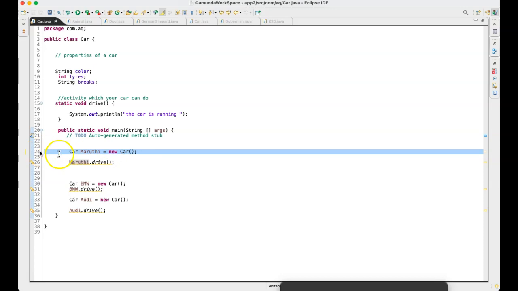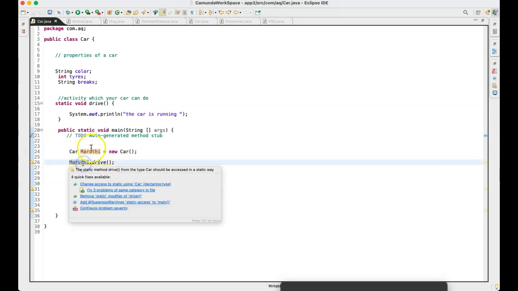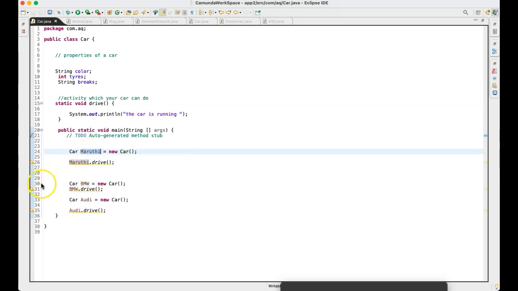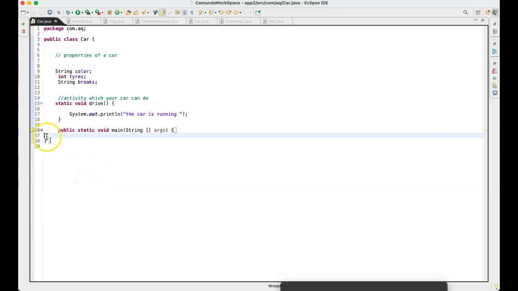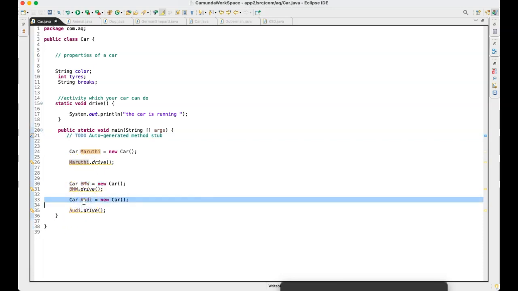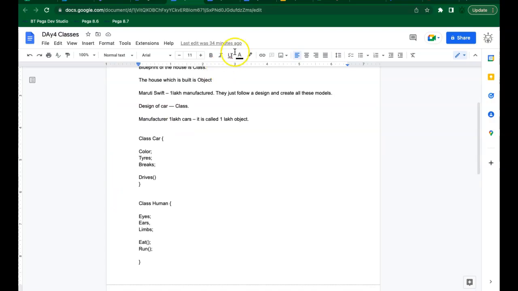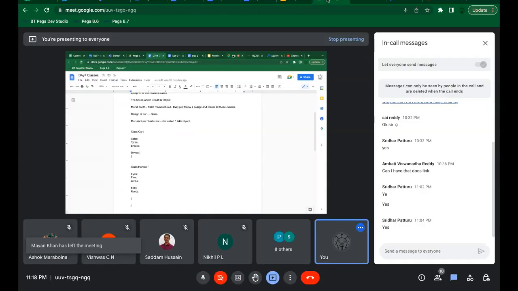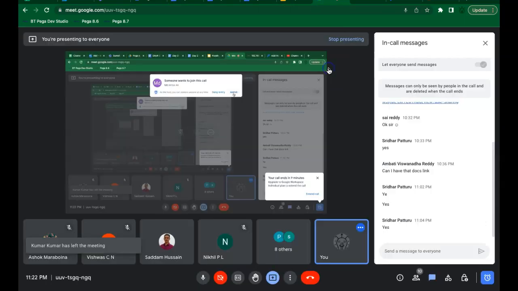This line 24 is creating a new car, Maruti. This line number 30 is also creating a new car called BMW. This line number 33 is also creating a new car called Audi. Make sense?